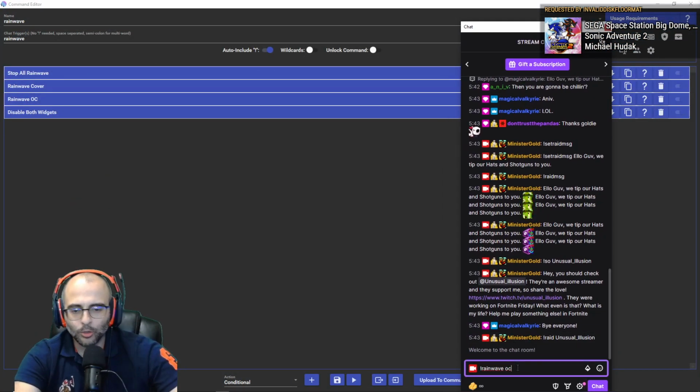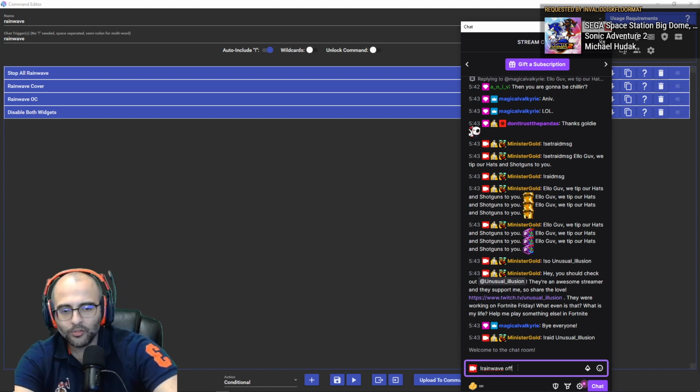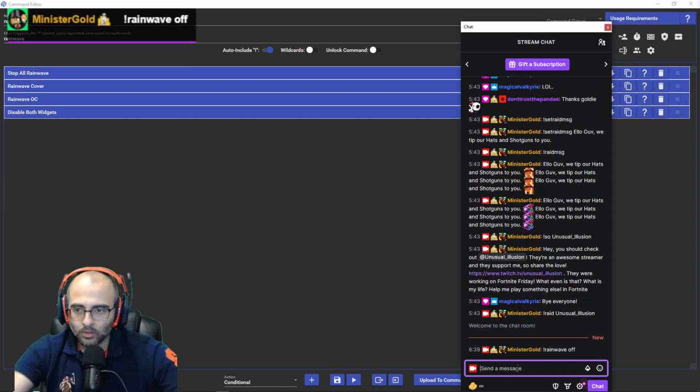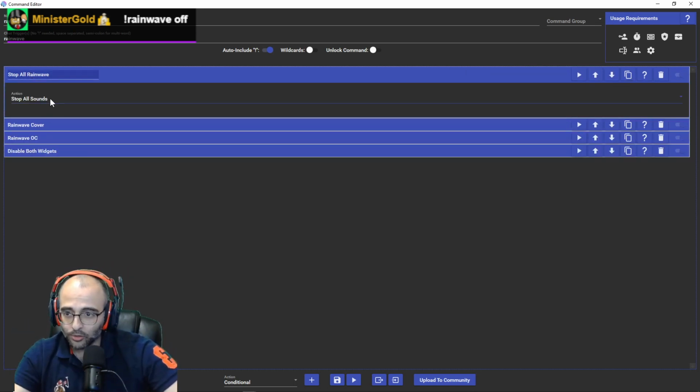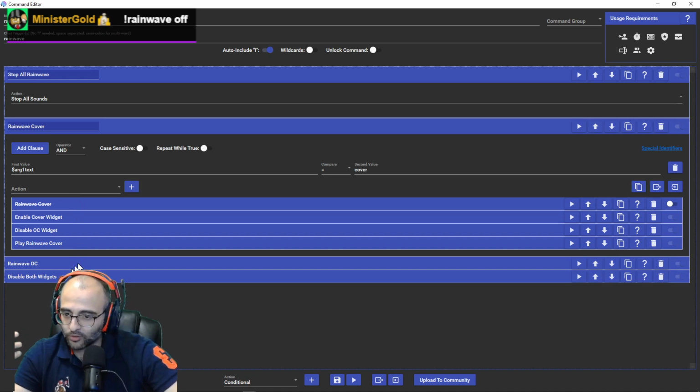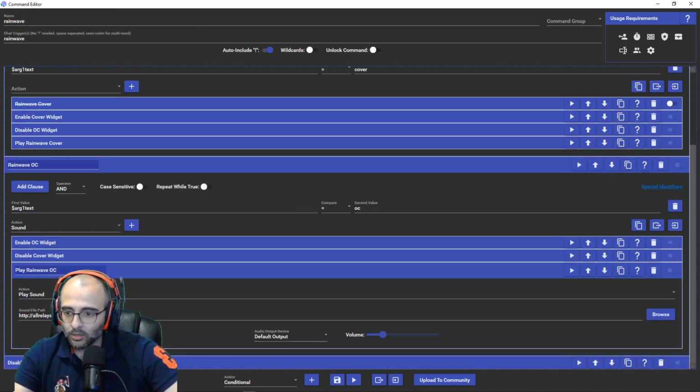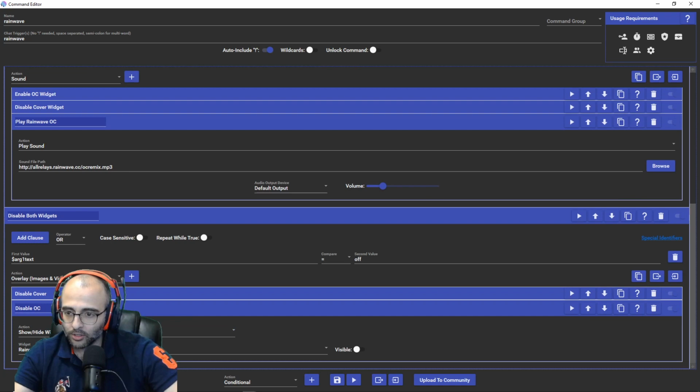Okay, so we'll go Rainwave off. And so yeah, it's going to stop all sounds. It skips this because it's not Rainwave off. Skips this because it's not Rainwave off. But then yeah, it turns off